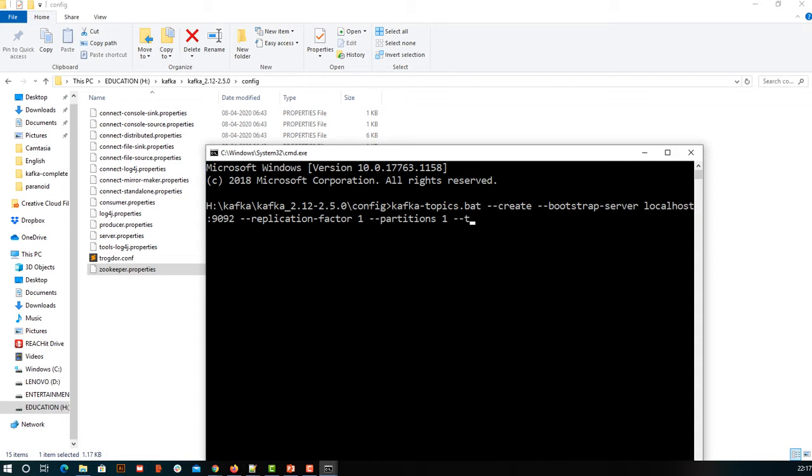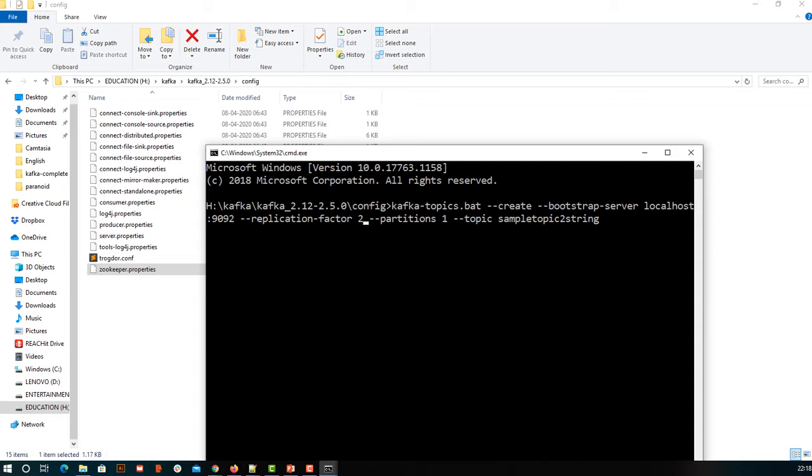Now the topic name. Let me give sample topic to string. Let me have the replication factor as 2. So what does this mean? Whatever I produce on my broker, which is the main broker in use, there is one more broker to which I have to replicate this. But remember, we have only one broker running as of now.